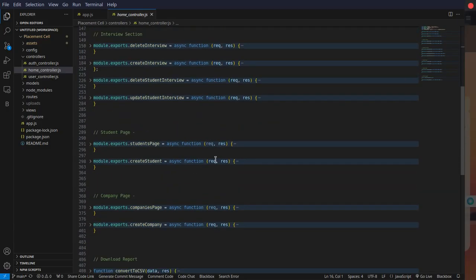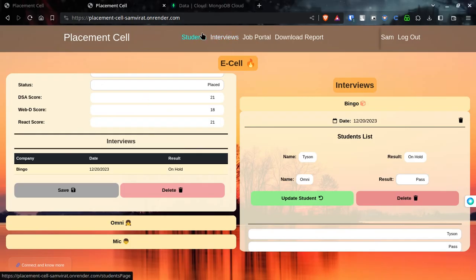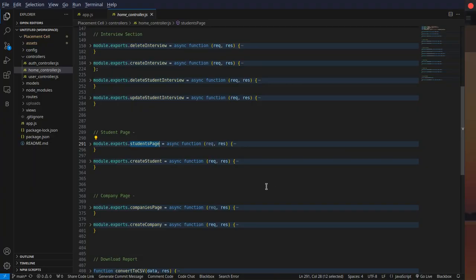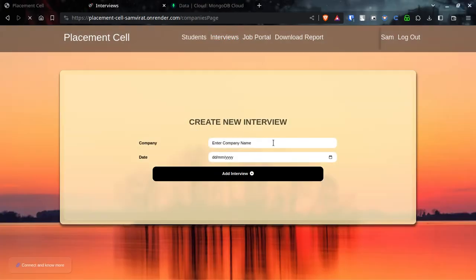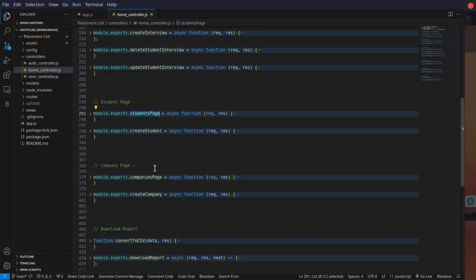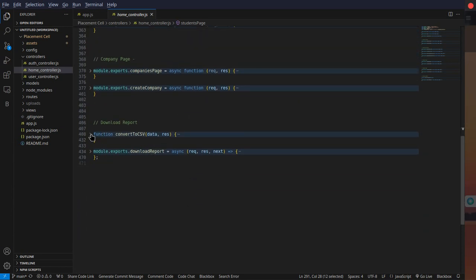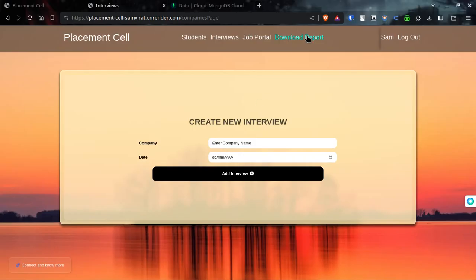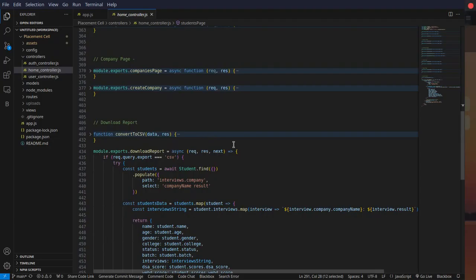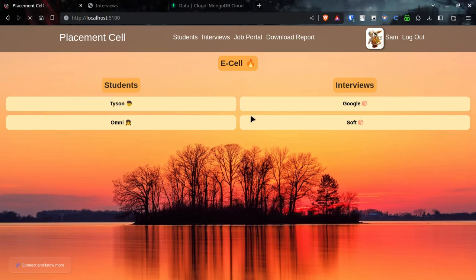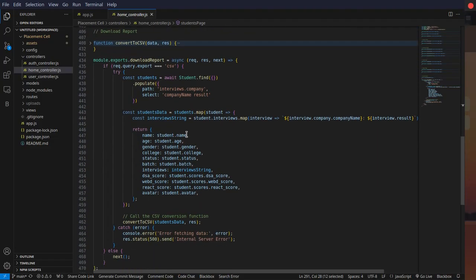Okay. And then we have the students page, to load this student page. Then create the student, company page, interviews section, company page, create an interview for the company. And then at last we had this convert download report feature. This download report. Okay. Download report. I have simply used